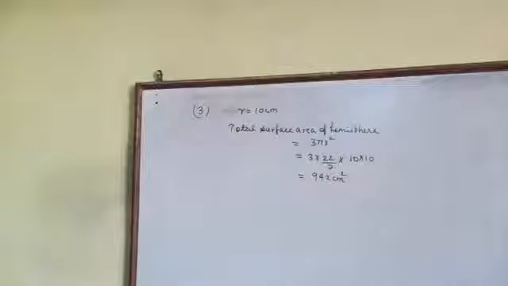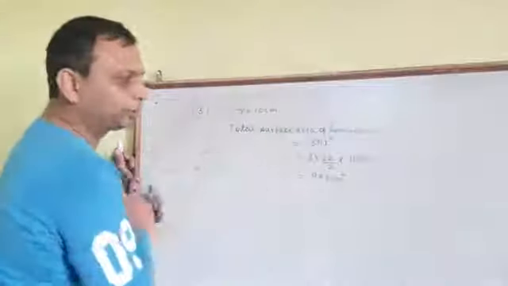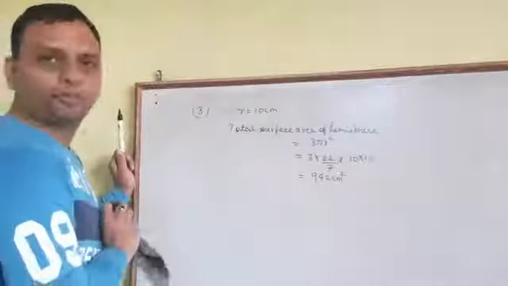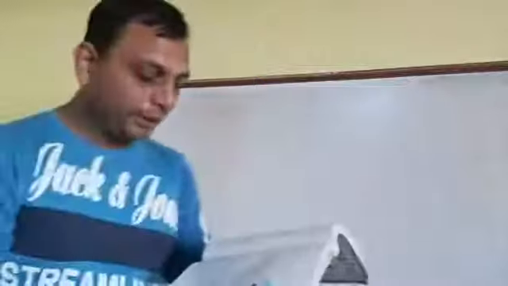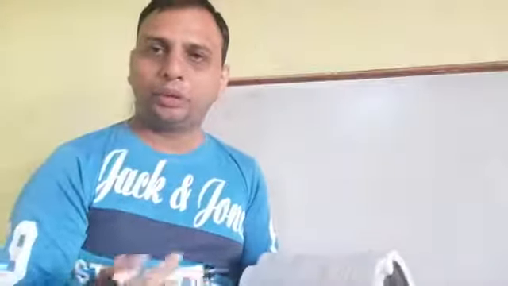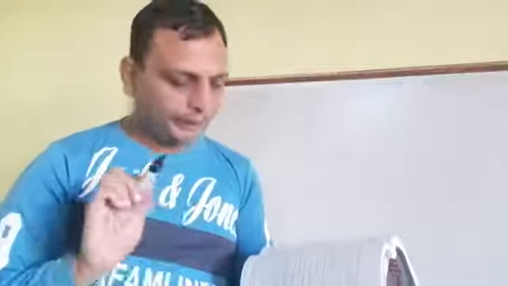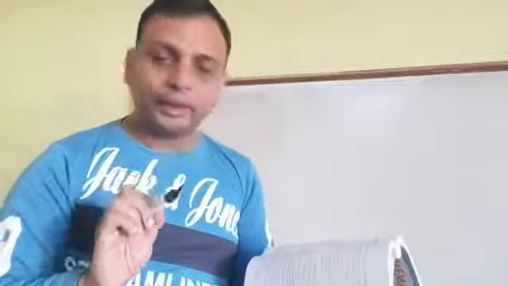Now we have to solve question number 4. This is also a very simple question. It is given a hemisphere and we have to find the total, it is written clearly total. Now fourth question, see. The radius of the spherical balloon. The spherical balloon means in the shape of a sphere. It increases from 7 centimeter to 14 centimeter. Means there is one balloon. First it has the radius 7 centimeter. Then it increased to 14 centimeter when the air is pumped into it. Means when we fill the air.